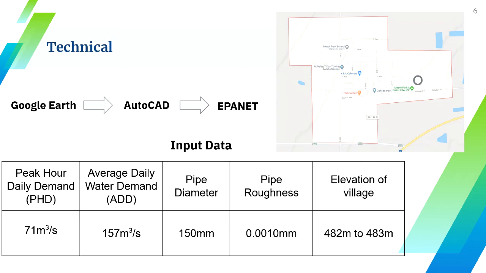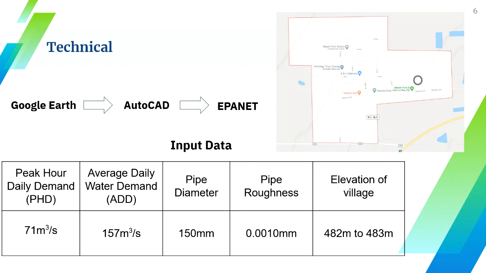It analyzes the total flow, quality of water, total pressure, and total head loss of the pipe, and these values are all critical factors to design a water distribution system. To operate the software, we need to insert values such as PHD, ADD, pipe diameter, pipe roughness, and elevation of the village. The PHD and ADD were 71 and 157 cubic meters per second, respectively, which were provided by the